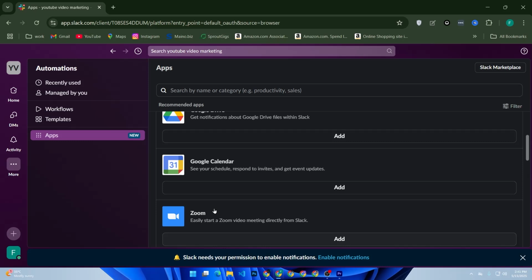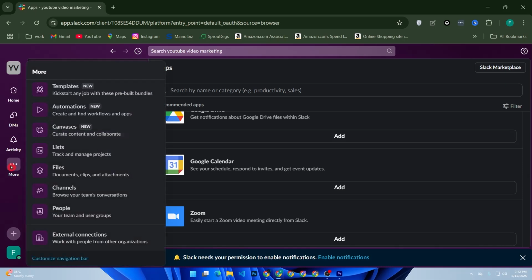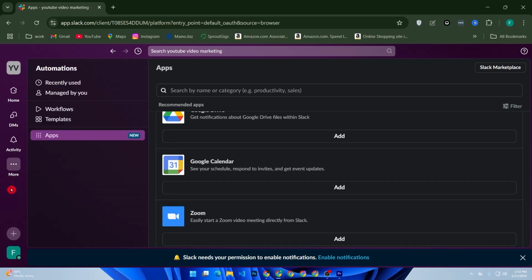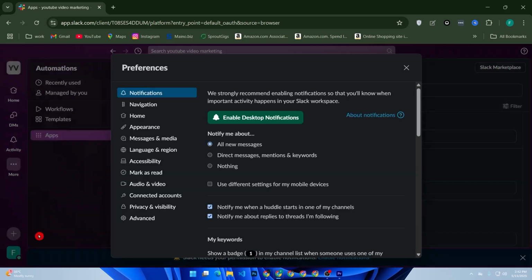Click your profile icon at the top left corner, then click add a workspace for a new workspace, or click more. Click on the profile icon, and then click preferences. Set notification hours,